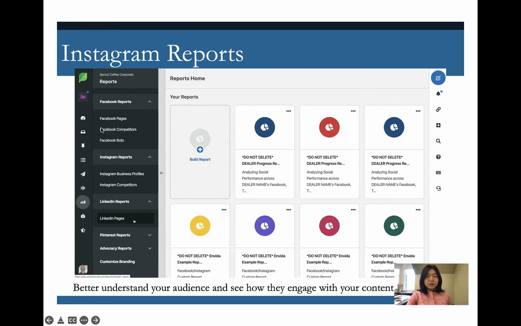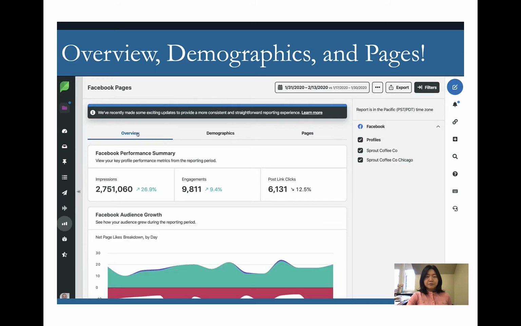Also, you'll see Instagram reports. Under Instagram reports, you can click the Instagram business profiles, because we created Instagram business profiles for our final project. So let's better understand your audience and see how they engage with your content. In the overview, you'll see the impressions, engagements, posts per links,